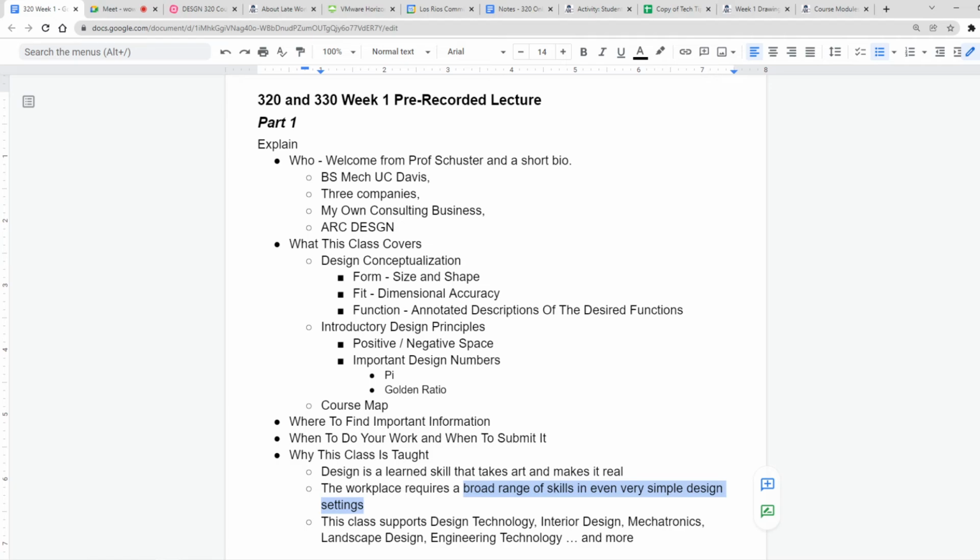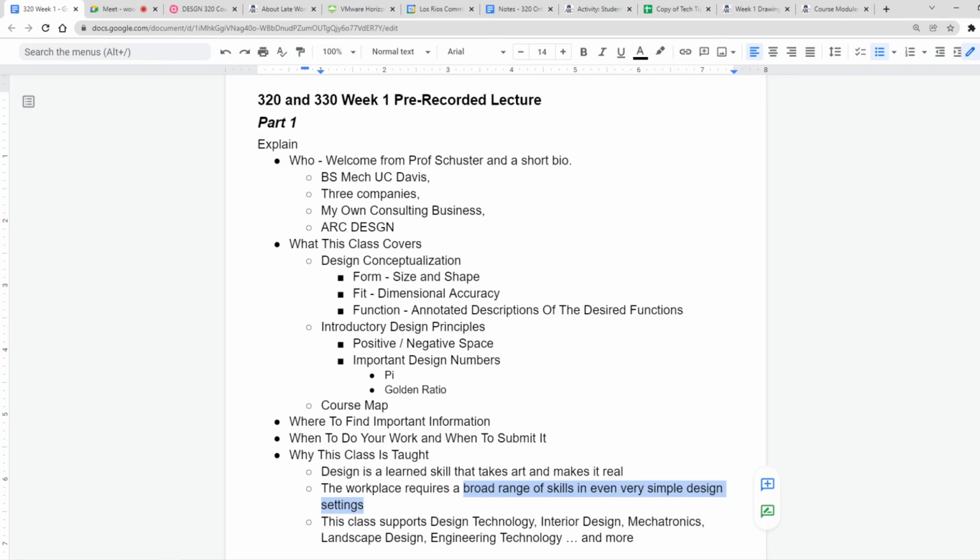So, as a valve designer, I would work with pump people, civil engineers, concrete engineers, steel engineers, interior designers. Obviously, we were the valve engineers. Just even on the most simple valve project, all of that would go into it.